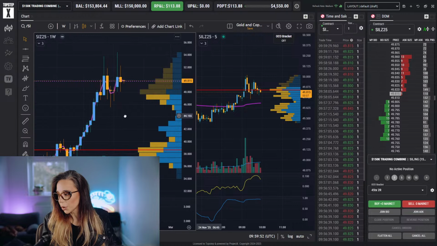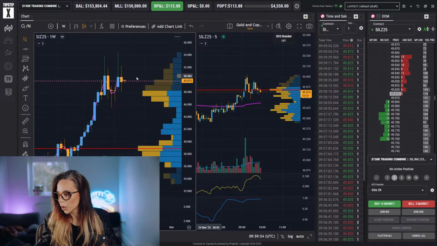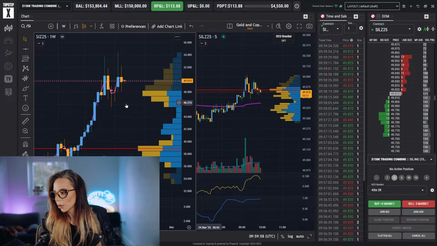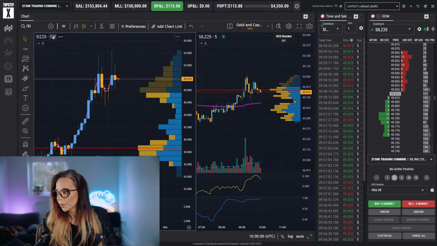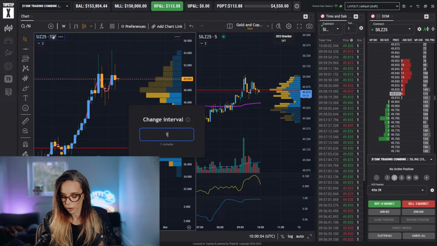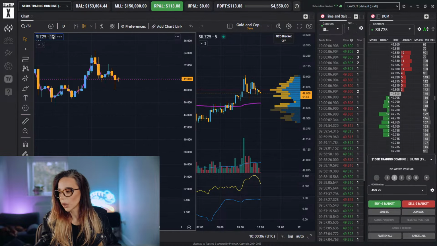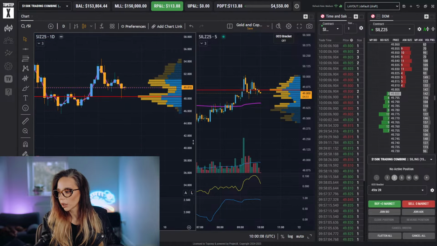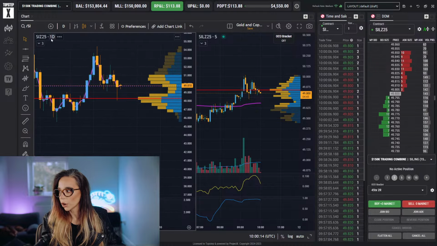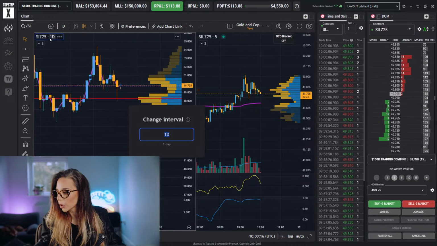Looks very distributed, doesn't it? Looks like a phase 3 distribution. Could be reaccumulation as well, but right now, it's very spiky. But we do have the roll coming into the end of this week. And because it's Thanksgiving, we may have to do that earlier. I don't know. I don't know what's going to happen.